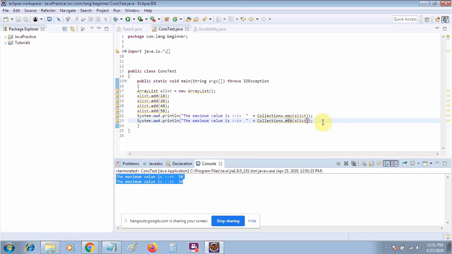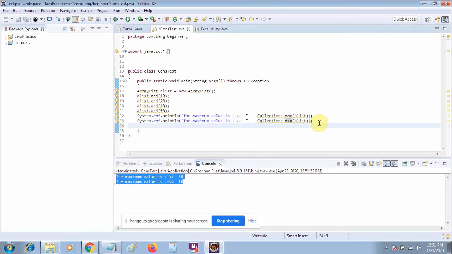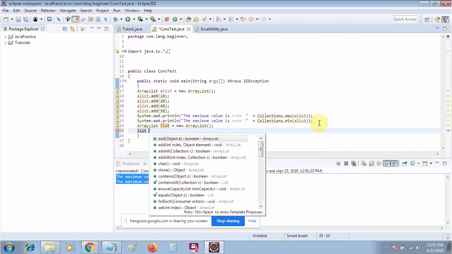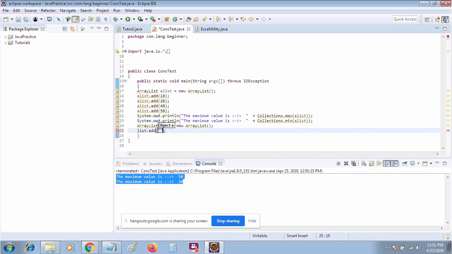Suppose that I have another array list, ArrayList, and say list is equal to new ArrayList, and I will make it this one. Suppose this time I have some strings.